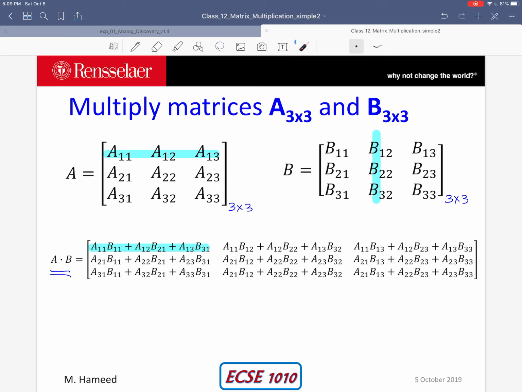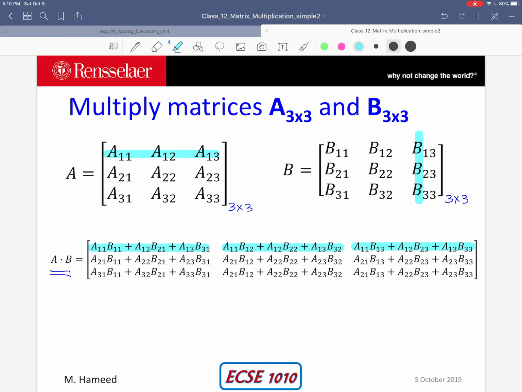So now I've got A11 multiplied by B12 plus A12 B22 plus A13 B32, giving me the first row, second column element in the resulting matrix A multiplied by B. And similarly, I'm going to move this all the way down. That would give me another dot product, another series of terms that I need to add up,